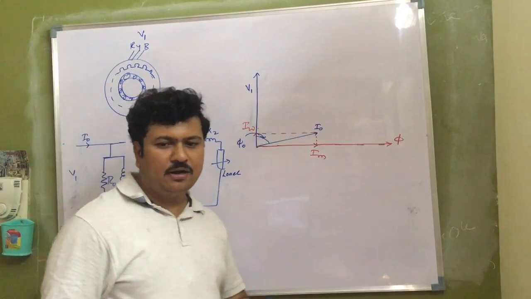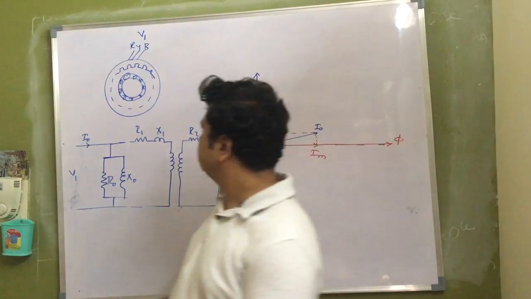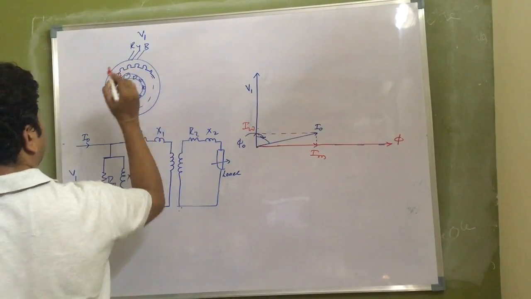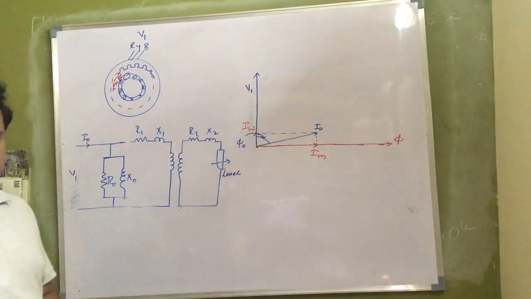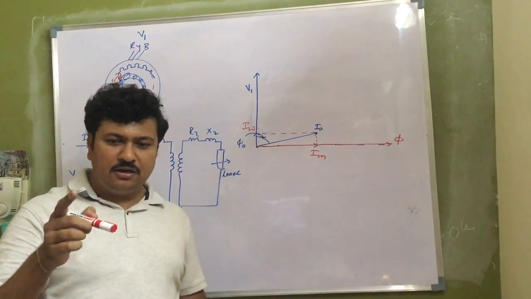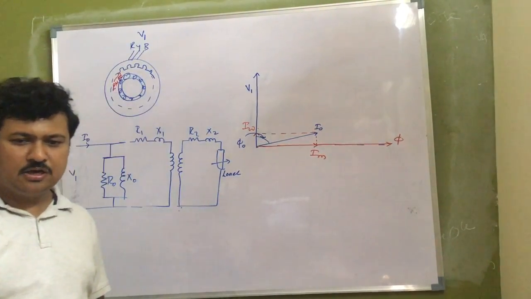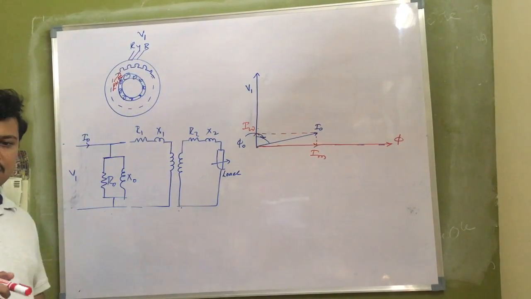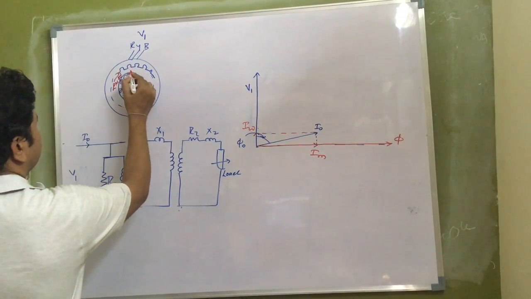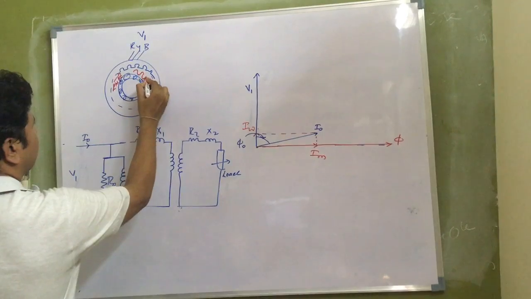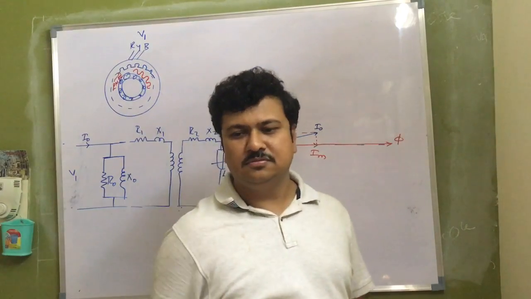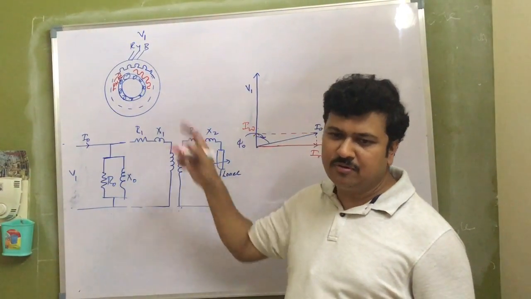There is a rotating magnetic field in the induction motor. In this, it is an RMF, a rotating magnetic field. This rotating magnetic field is not only rotating with a magnitude equal to 3/2 phi m. It is also alternating in nature with angular velocity exactly equal to supply. Hence it is called a synchronous quantity. So you can imagine a sine wave existing in the air gap and also rotating in the air gap. That is the nature of RMF.